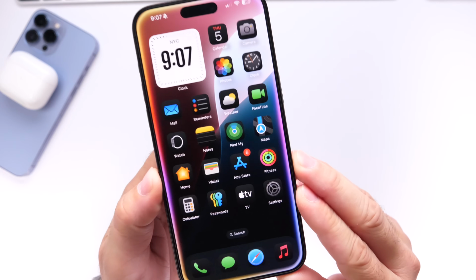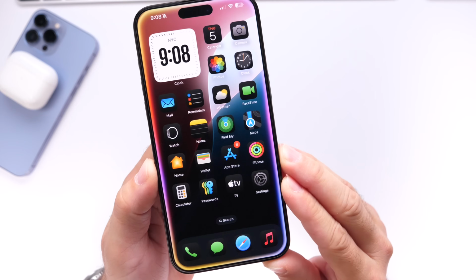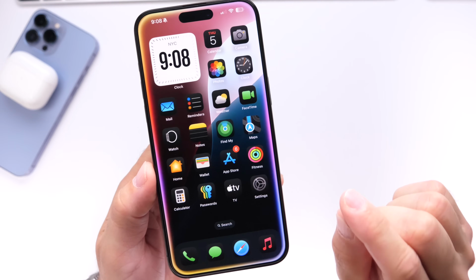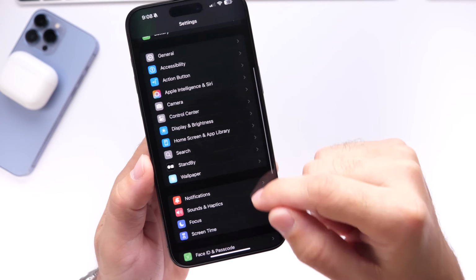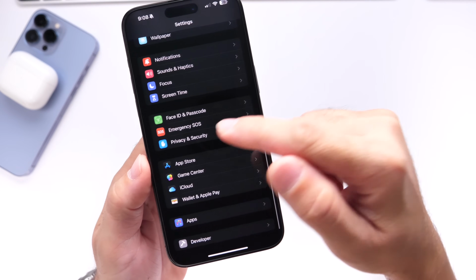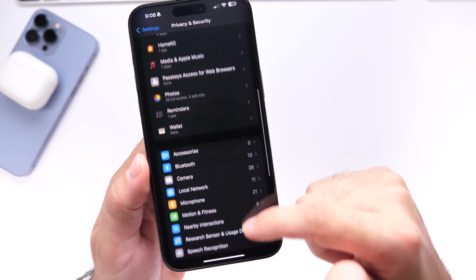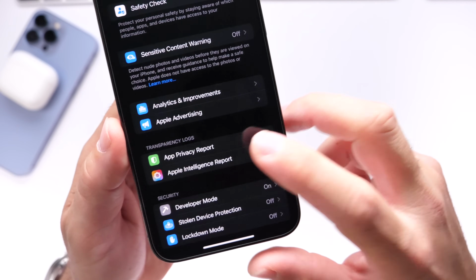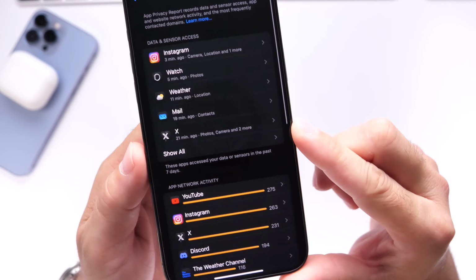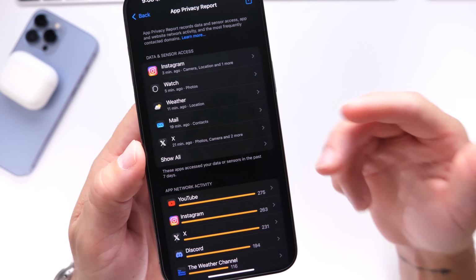So it's actually fairly simple to find out if any application is getting access to the sensors on your device and/or data. So let me show you how simple it is to stop this. Let's go into settings. You want to scroll all the way to the bottom where you find the privacy and security section. Tap into that, and then scroll down until you find the app privacy report. Tap into app privacy report, and if you have this turned off, obviously you're going to want to turn it on and give it about a day or two and you'll start seeing some of